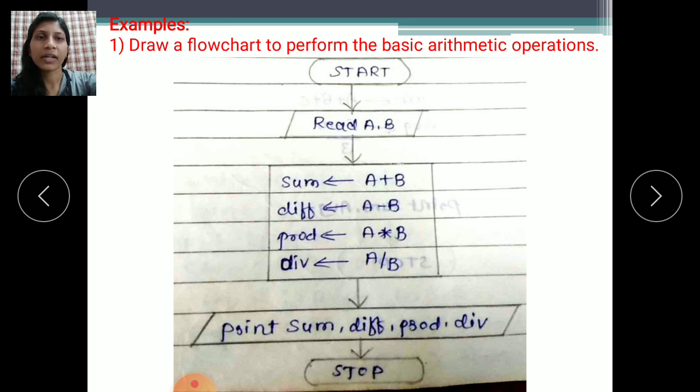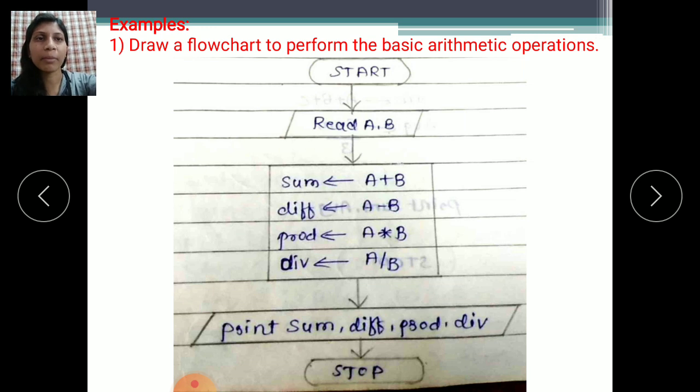Then product, otherwise multiplication. Multiplication equals a into b, meaning how we multiply the two numbers. Then division equals a divided by b. These are the basic mathematical operations: addition, subtraction, multiplication and division.